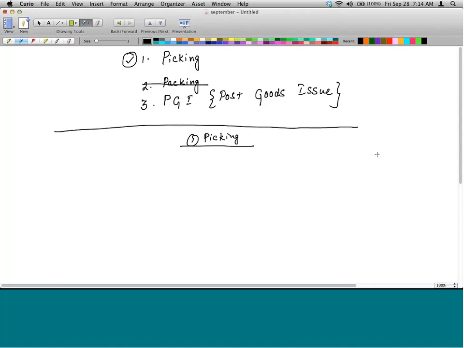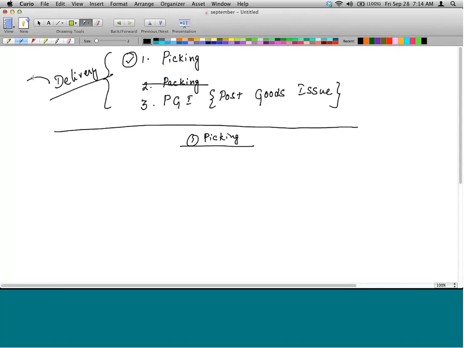But before we go into picking, let's stop for a moment and talk about delivery. Because all of these actions are done in a delivery. Right? So delivery has its own document type, has its own item category, so on and so forth. And we have discussed that as a separate topic with its own separate video and notes.